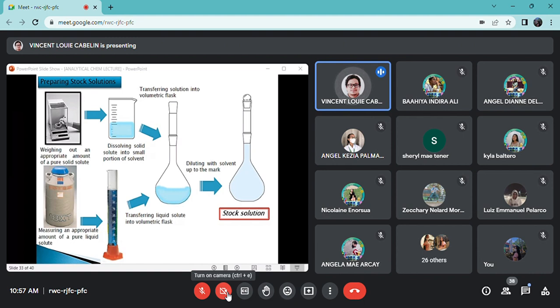Now, how would you know if you have achieved the desired volume in the volumetric flask, so that you won't put any unnecessary extra solvent? Okay? So parang kung halimbawa,